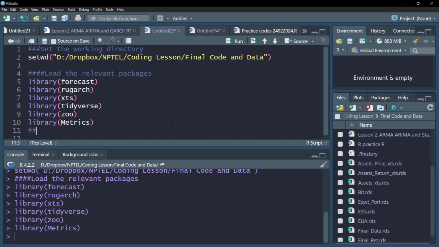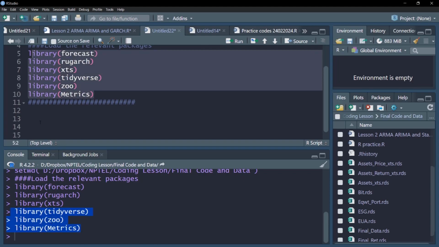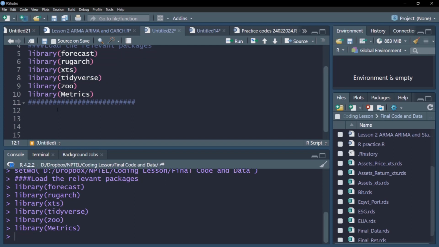So this is, we have loaded all the relevant packages for the current working session. So now we are ready to read the data, and you notice as soon as I run my command on the script here, I'm seeing the same execution on my console window as well. So let us now read the data. I have the data file at my equi-weighted underscore portfolio variable.